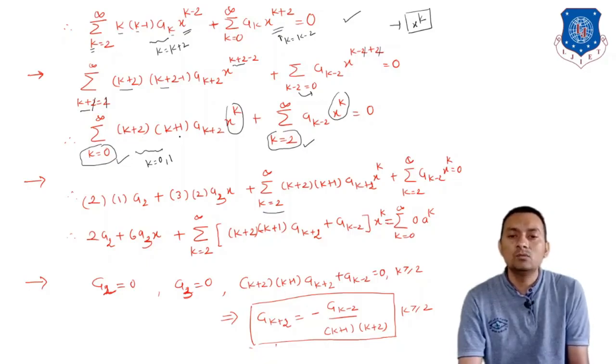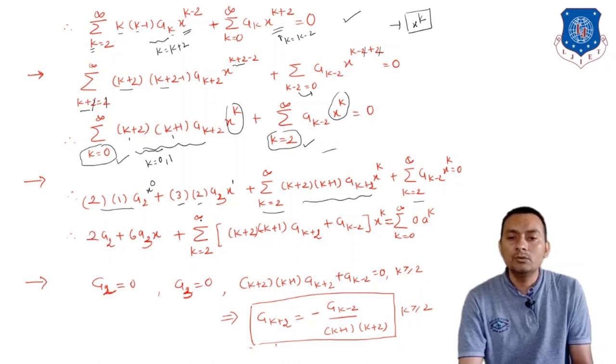So 2 times 1, a2, and x raised to 0, which is nothing but 1, plus k is equal to 1, so 1 plus 2 is 3, 1 plus 1 is 2, so a3 x raised to 1, which is x, and then after that we write the summation from k is equal to 2 to infinity, which is the same, with no change in this term. Now simplify this: 2a2 plus 6 times a3 x plus the summation starting from k is equal to 2 to infinity,